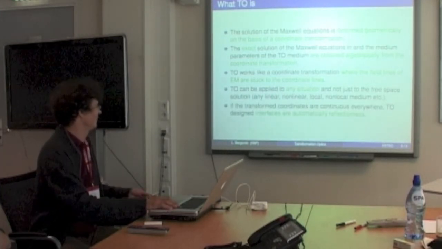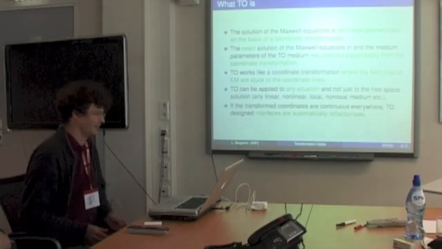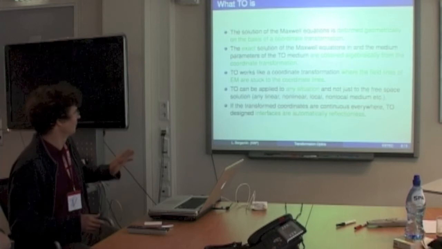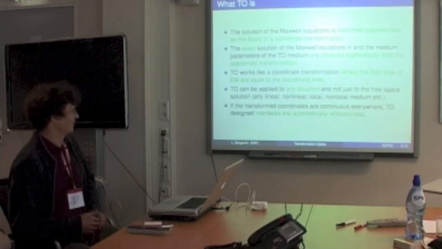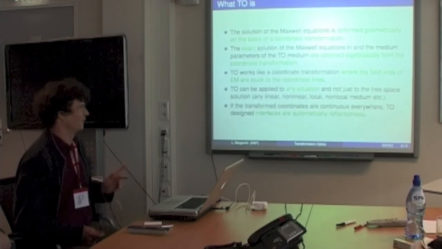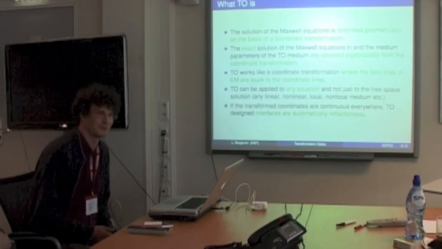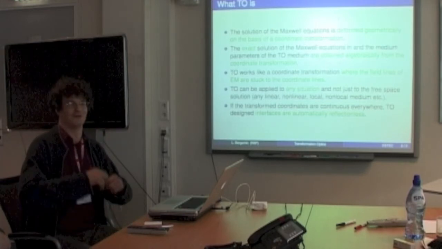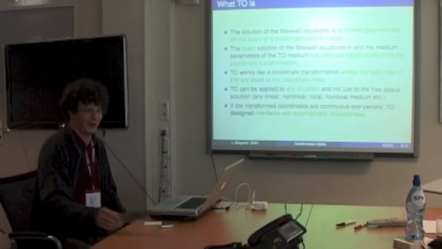The transformation, this is a very important point that I could not explain because it's technically a little bit more involved: if the transformed coordinates are continuous everywhere, transformation designed interfaces are automatically reflectionless. What does it mean? It just means I don't want to have a weird medium everywhere, so I will have my device